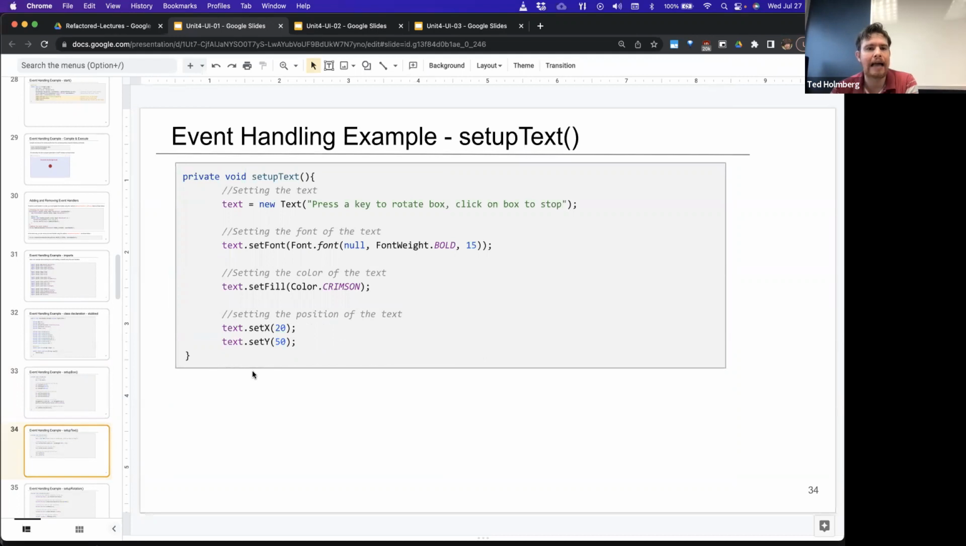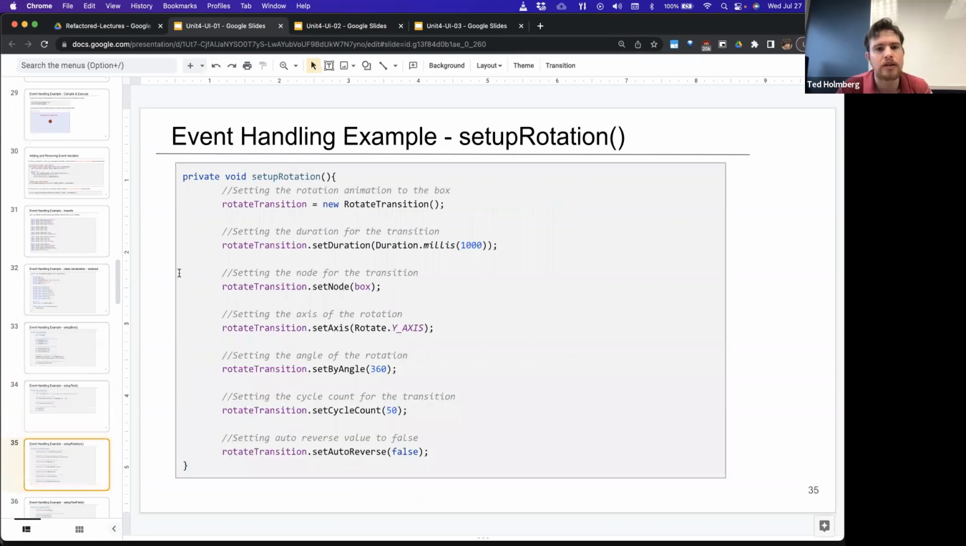For setup text, I'm going to go ahead and create a new text element. I'm going to set the font of the text. I'm going to fill the text. I'm going to give that text an XY coordinate. For setup rotation, I'm going to make a new rotate transition